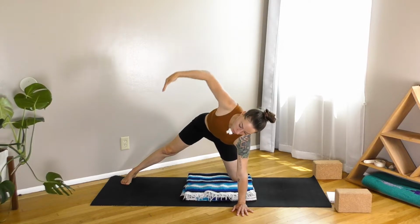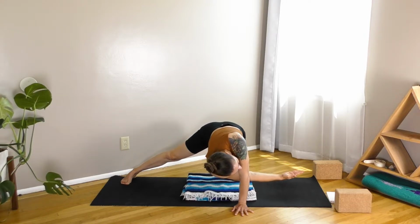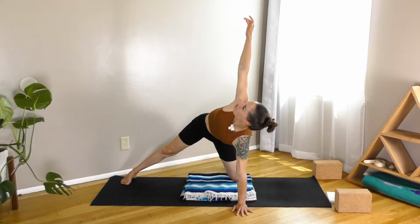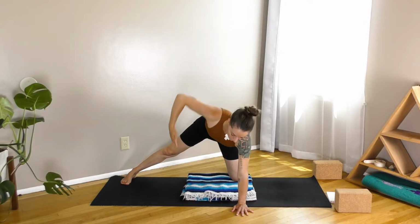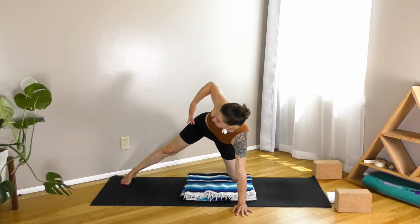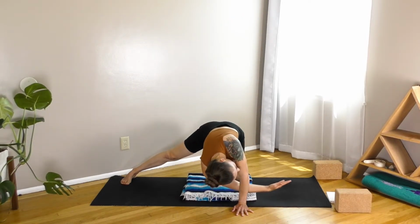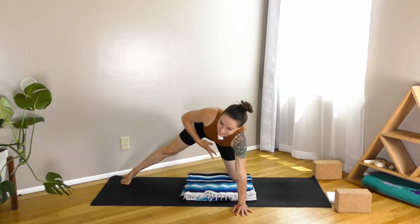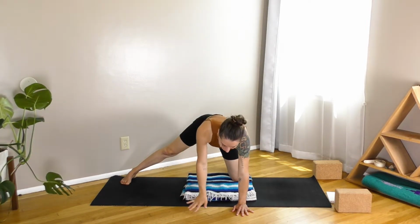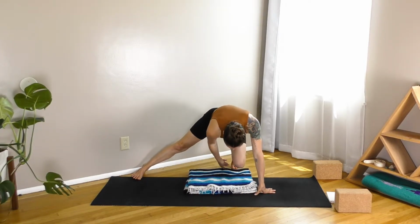You could even imagine that you're holding a beach ball to your chest and reach past your left shoulder, kind of needling through, and then inhaling right back up. Taking stillness or movement for a few more breaths, whichever one you decide. All right, last one here. And then we'll release the right hand down to the floor and let me move back just a little bit